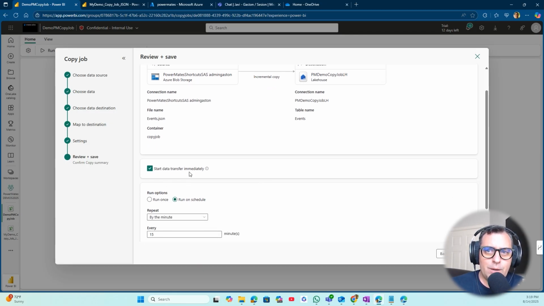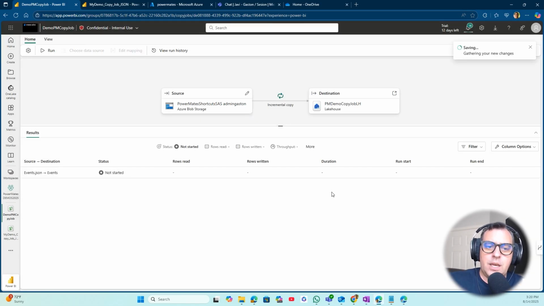you can check here that I can repeat that schedule by 1 minute, 15 minutes, 30 minutes, up to you when you want to keep running this copy shop command, knowing that if you have an incremental events JSON file that is going to be dropped in the blob storage, you can keep running this copy shop command. So you can save and run here, and it's going to be automatically defining and saving all these incremental loads, and this is going to be